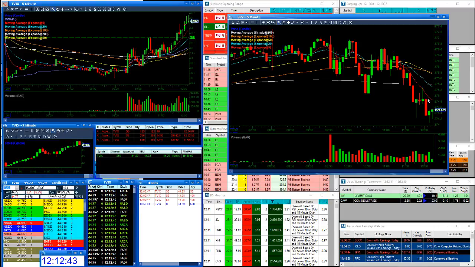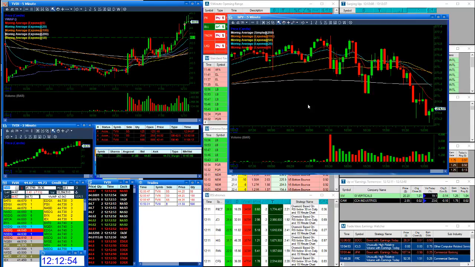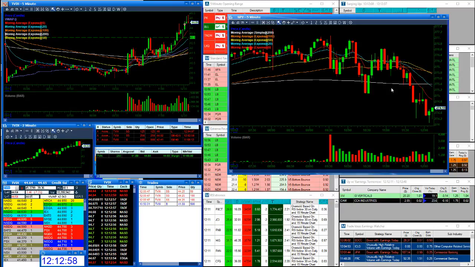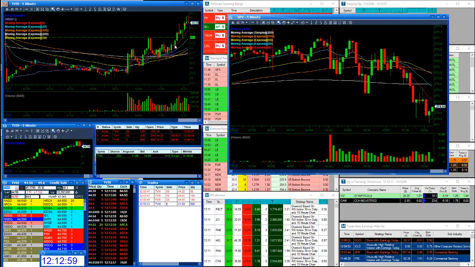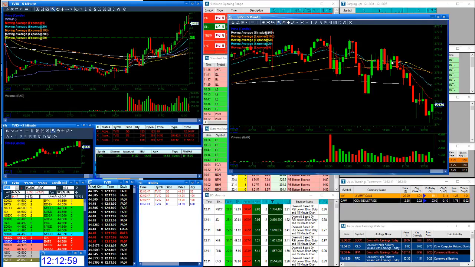On this, our trailing stop is going to be the 9 moving average here. Once it takes out the 9, I'll take the rest of this trade off and we'll start over again. Not the 9 on TVIX, but the 9 on the SPY. And then once we get a bounce and we put in a lower low, you can see how